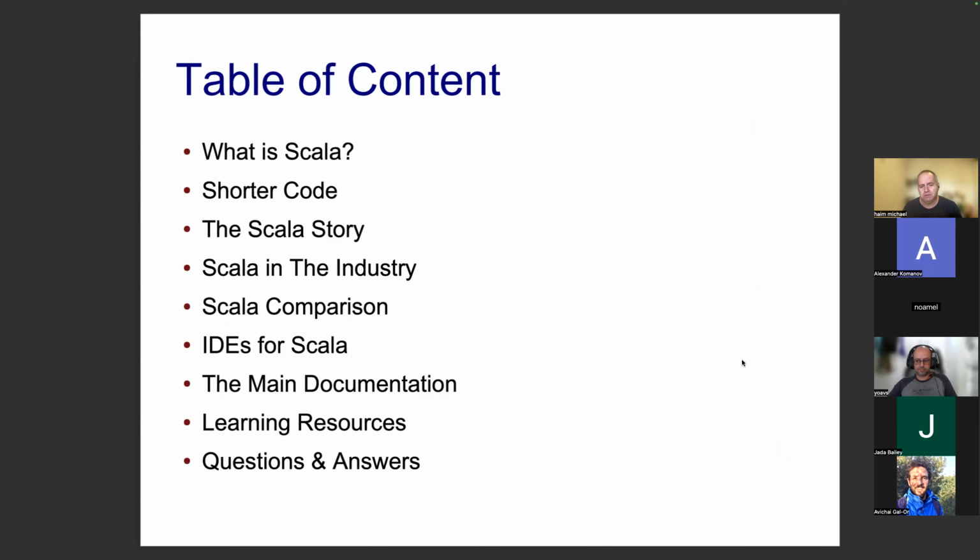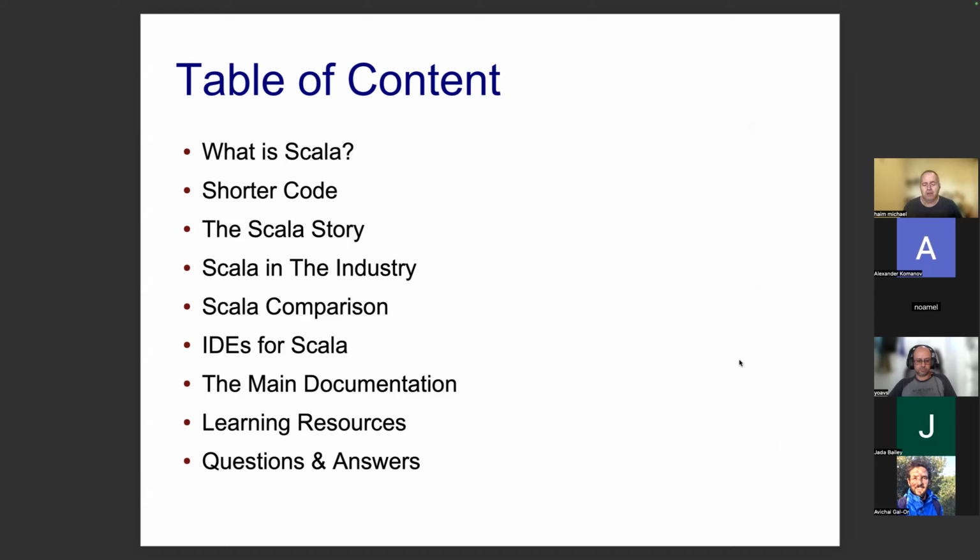So we'll talk about Scala. What is it? We will focus on how short the code becomes when moving to Scala. We'll talk about the background, the history of Scala, and then talk about what we can see today in the industry when dealing with Scala: companies that use Scala, and what companies usually use Scala for.